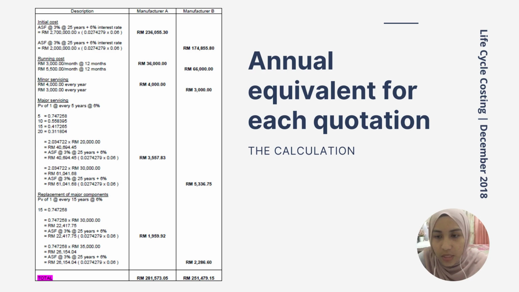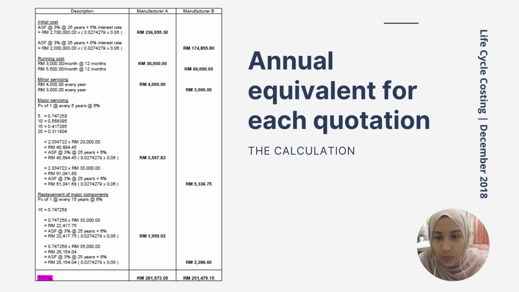Then the total valuation is times RM 20,000 and equal to RM 40,694 and 45 cents. Afterward, annual sinking fund at 3% at 25 years plus interest rate 6%, and the answer is